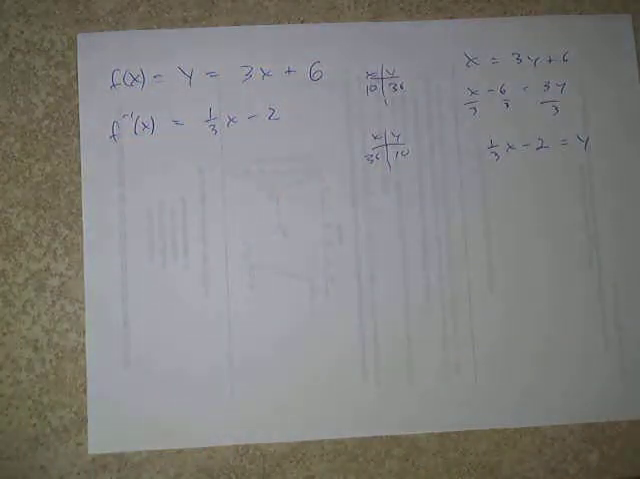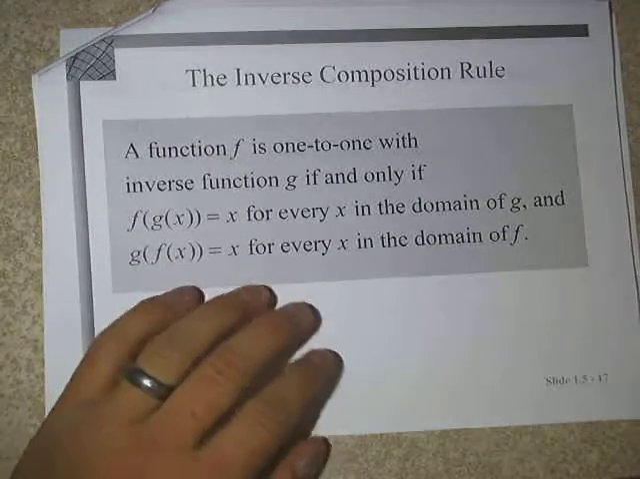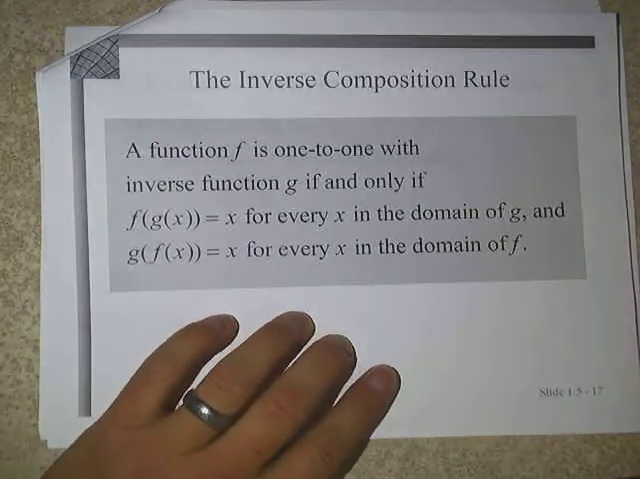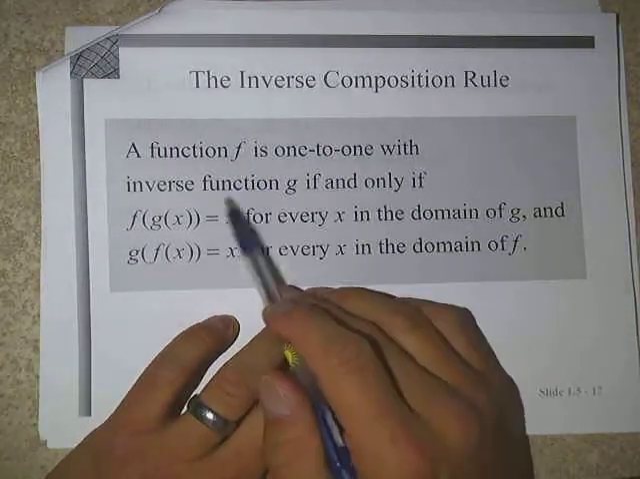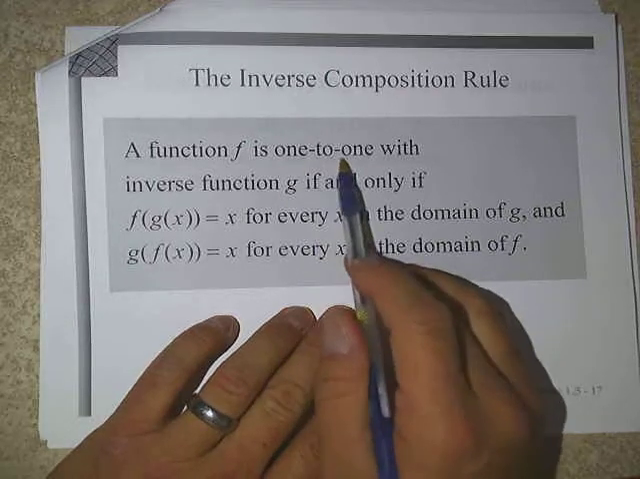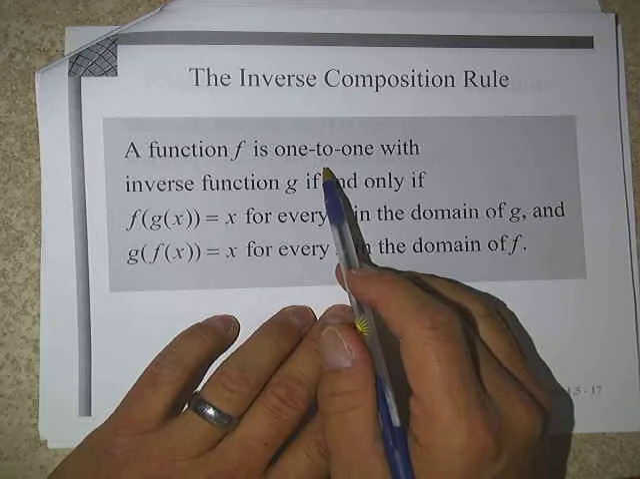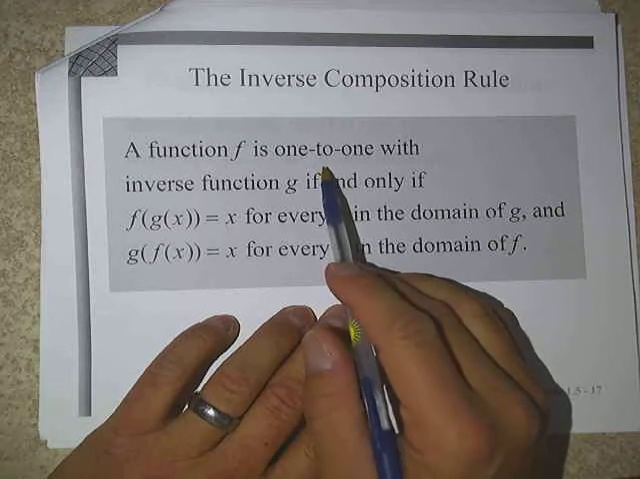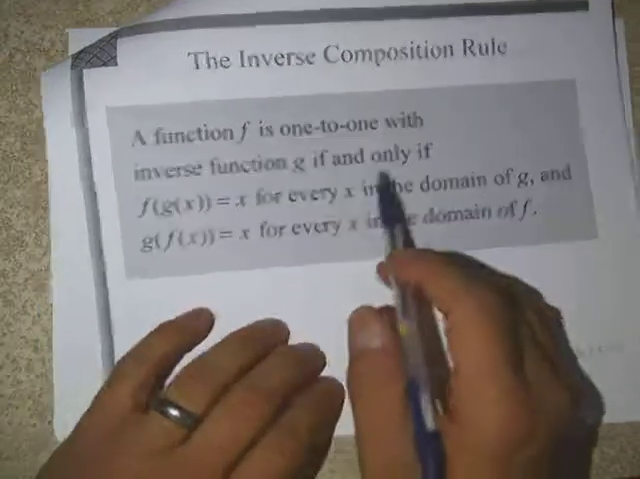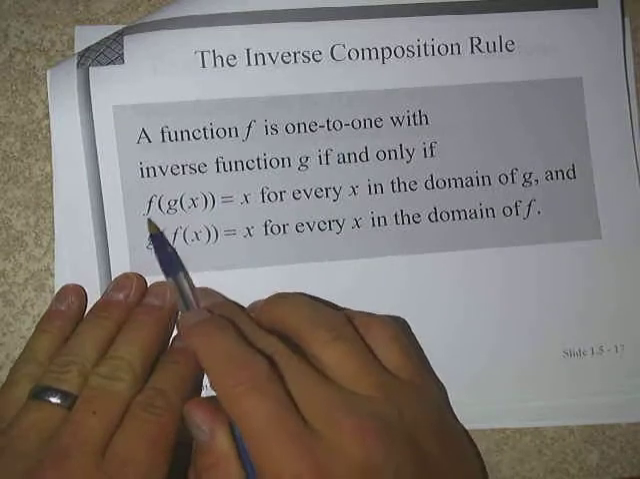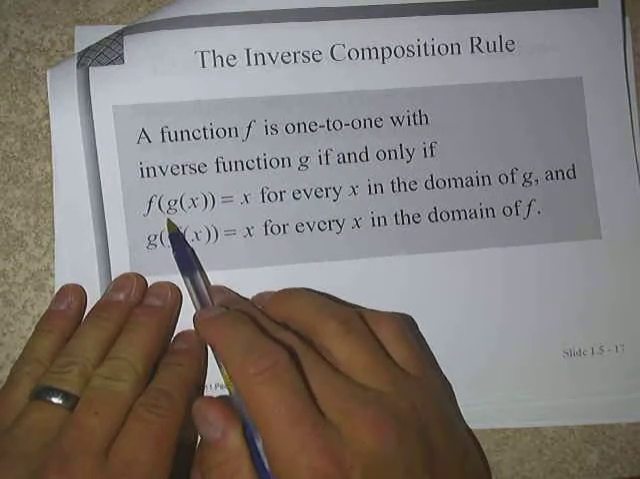Now here's the property that we need to use to prove that they are inverses of each other, and we're going to use what we call the inverse composition rule. So if f is 1-to-1 with an inverse function g, and again, keep in mind, it doesn't have to be 1-to-1 if we restrict the domain. So like the parabola, we can still do this technique as long as we have a domain restriction on there. But what it boils down to is if we take f and g, if these two are inverses,